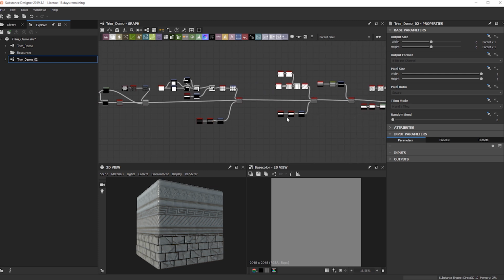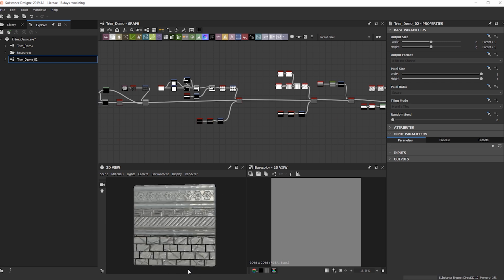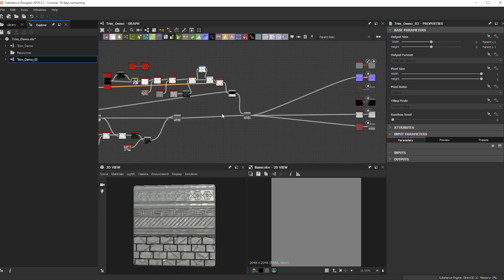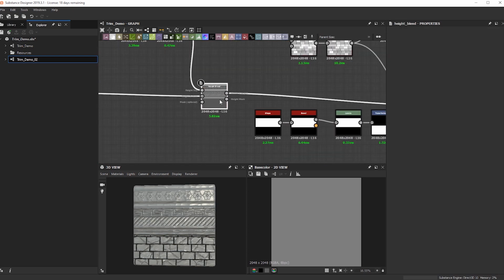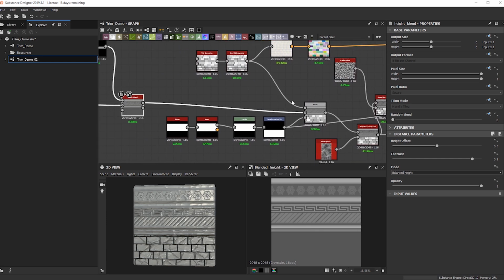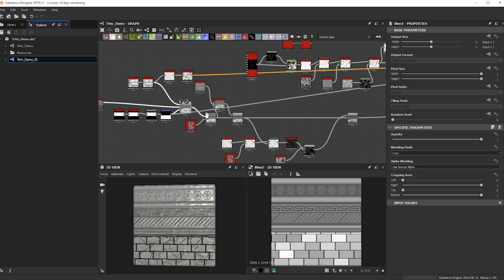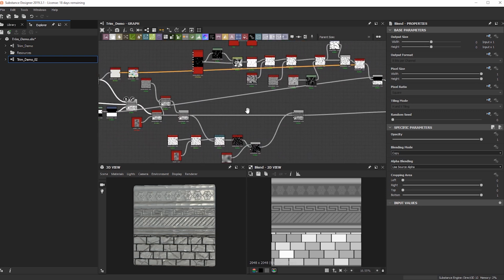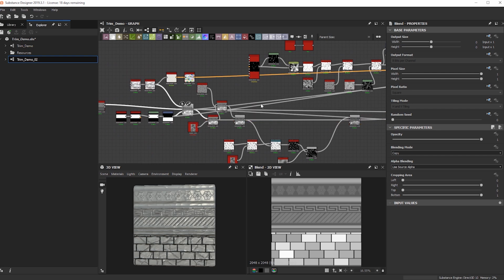Cool. So the first thing I want to do is pretty much just get rid of the main noise and the cracks that we have going. I think this was the last, right before here. I think this is where most of the noise was starting to get implemented. So let's go back and make this our final connection.